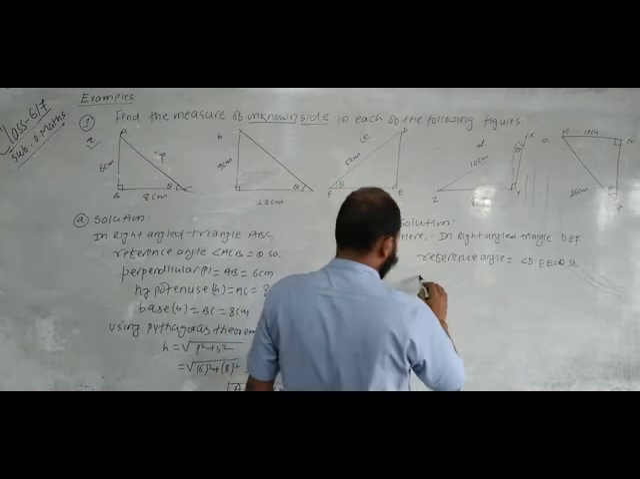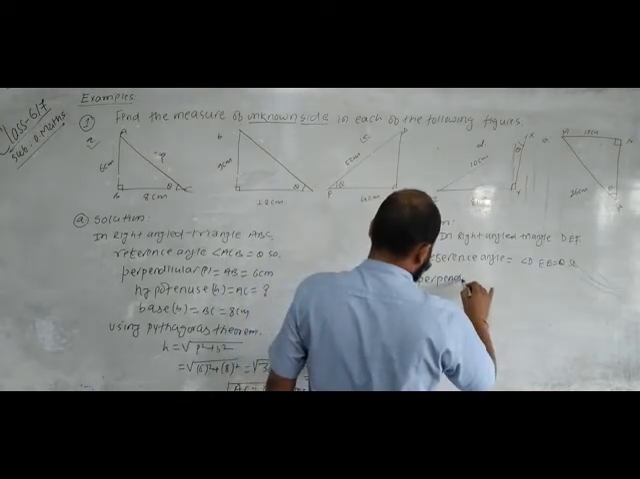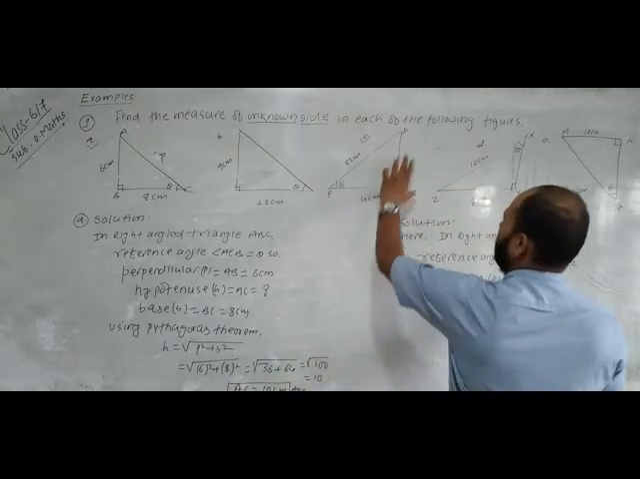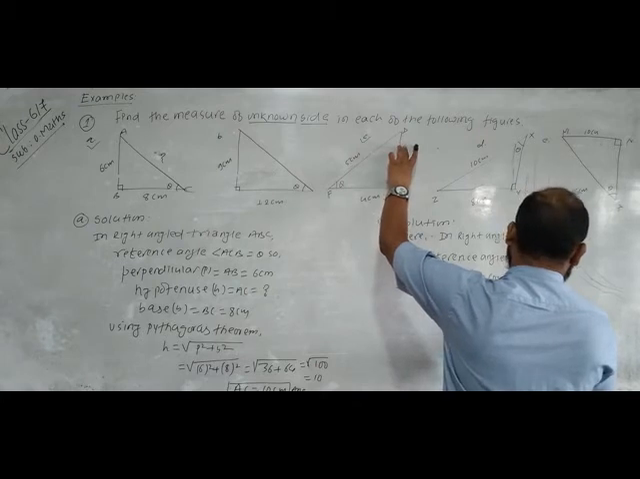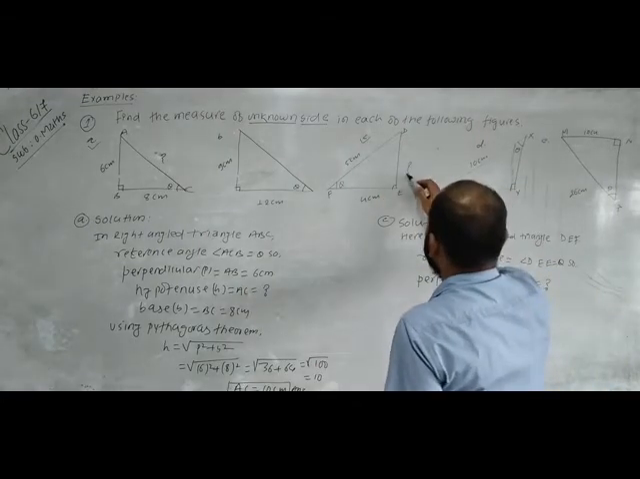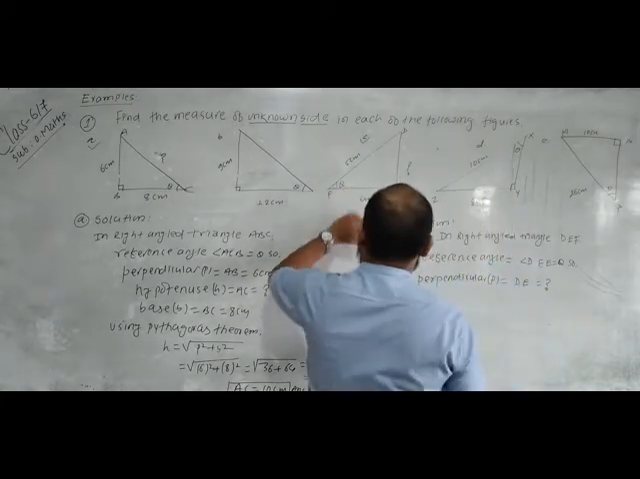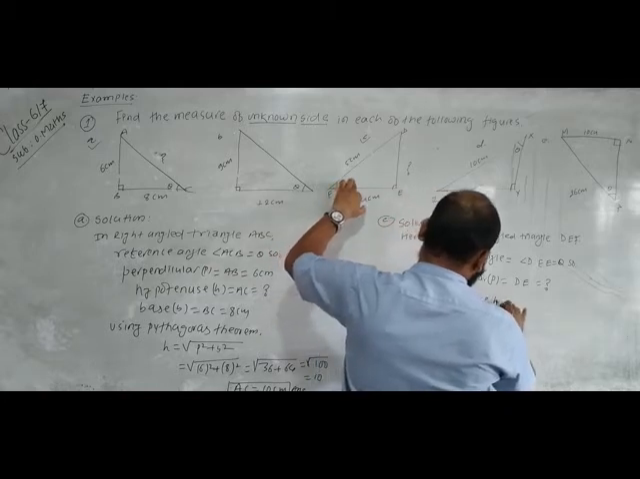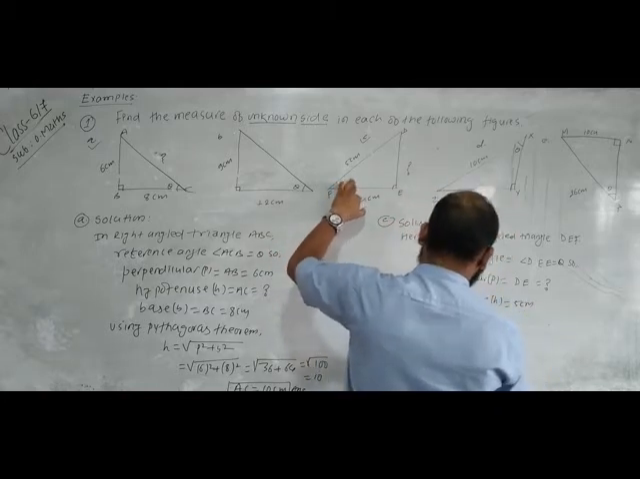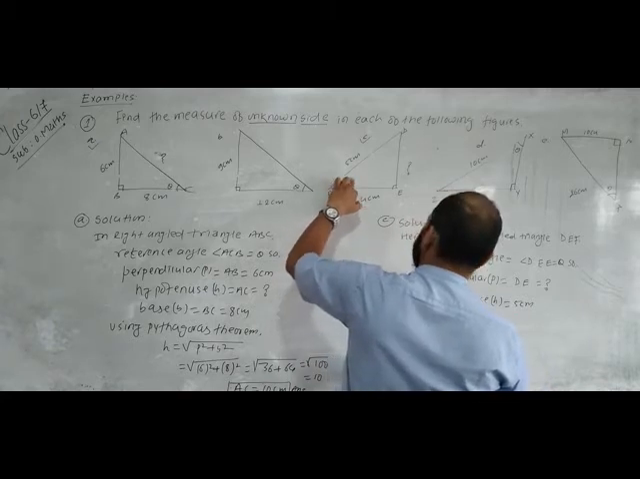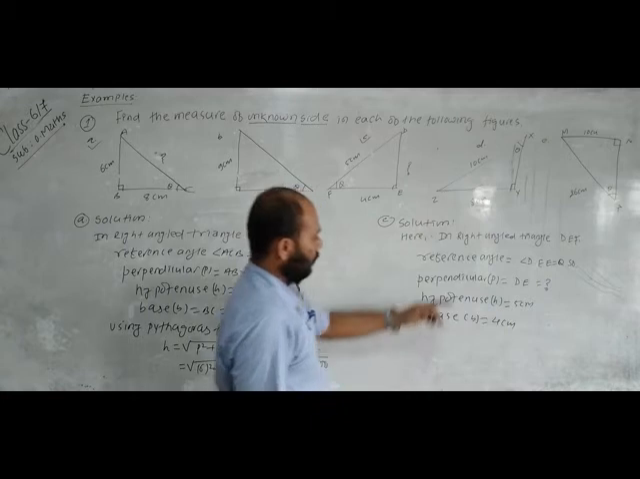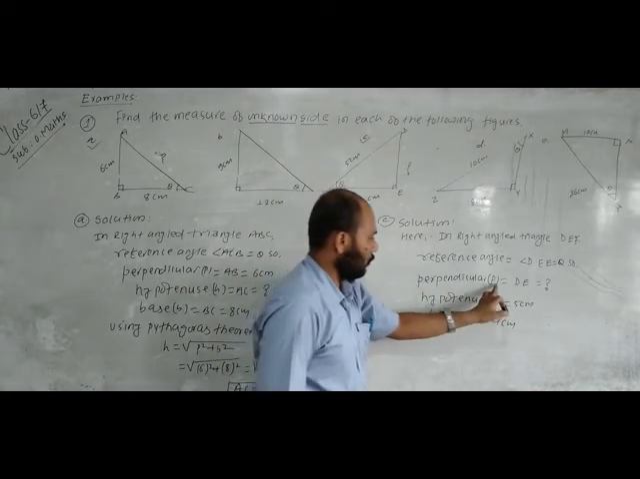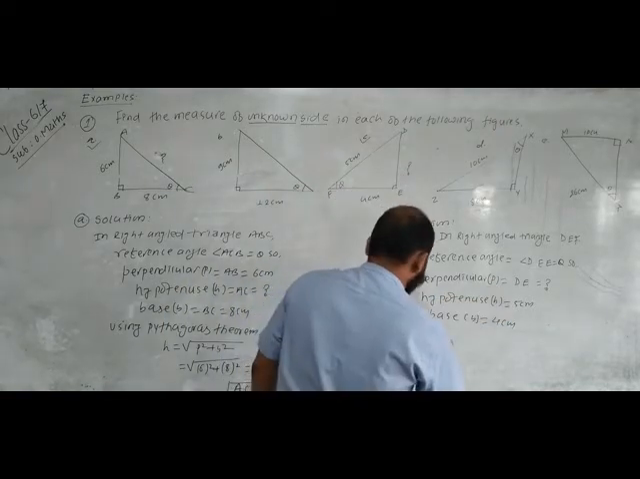So here we have the perpendicular. This side D is equal to what? You should find this side because it is the unknown side, and you know the hypotenuse H is equal to 5 cm, base B is equal to 4 cm, and your question says find unknown sides. So here the unknown side is represented by D, and D is equal to P. So using Pythagoras theorem,